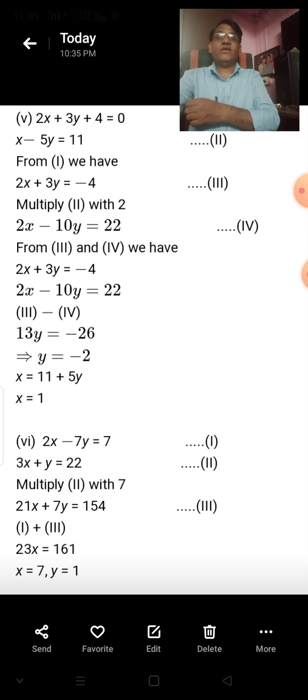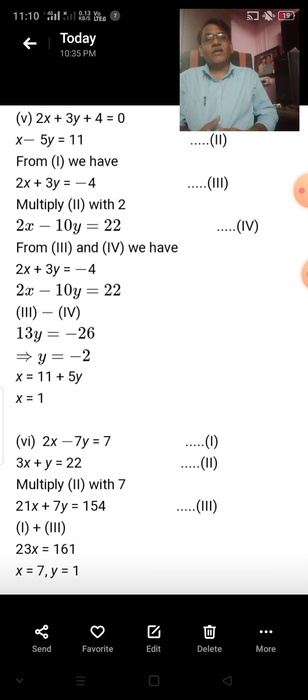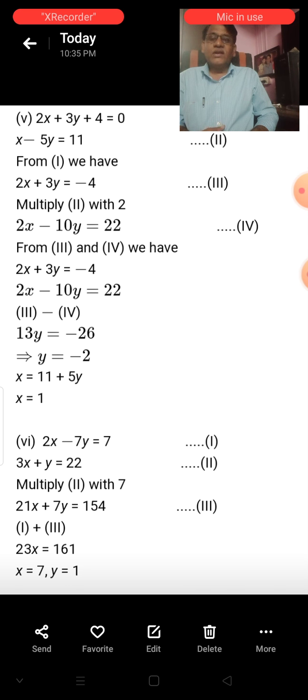Okay, so if any doubts are there, here two methods are there. One is the substitution method. Either you can solve by the substitution method or you can solve by equalizing the coefficient. I have explained both here already, the substitution method and also equalizing the coefficient. So whichever you find easy, you can solve by that method. So all 6 questions are completed, and exercise 5.1 is also completed.